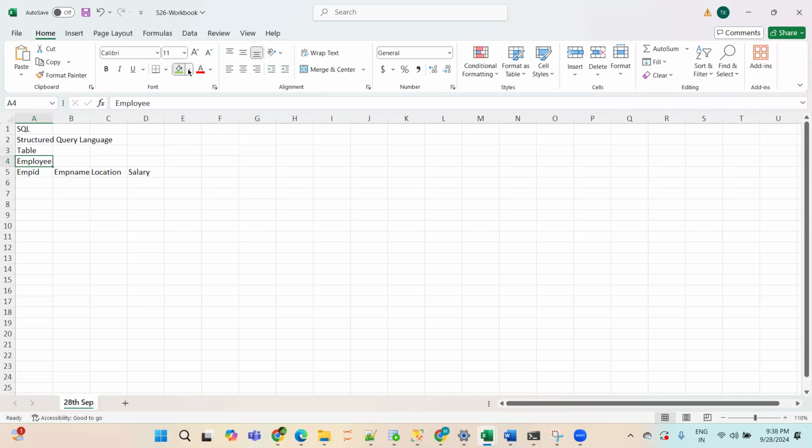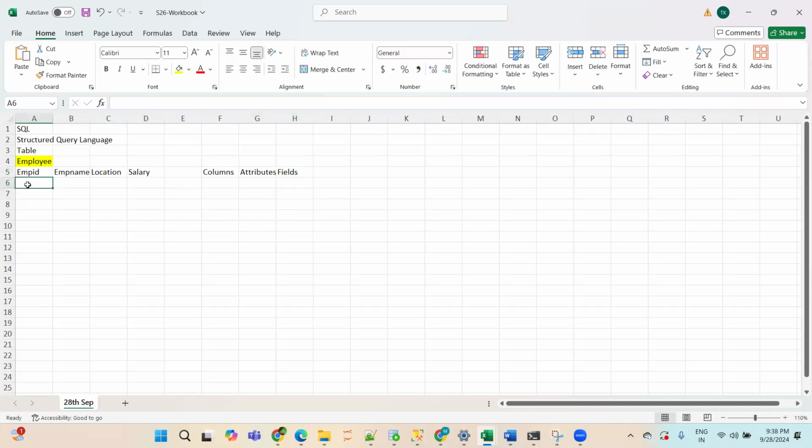Here, let's say I have created this employee table. This employee table has employee ID, employee name, location, and salary. These four are known as columns. These are also known as attributes. These are also known as fields.